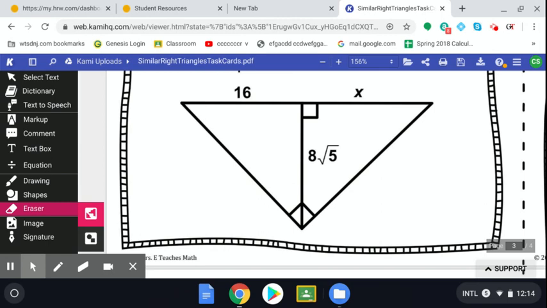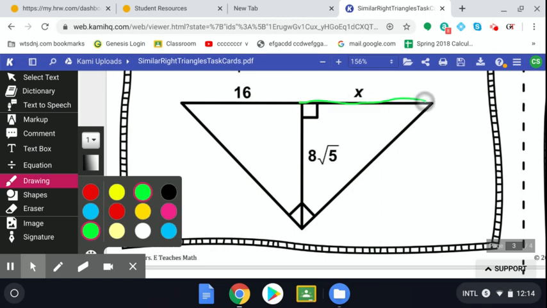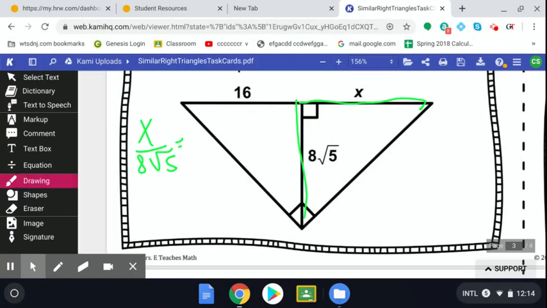So, let's say shorter over longer. So, x over 8 square root of 5 has to be equal to, and then this would be shorter over longer. Actually,